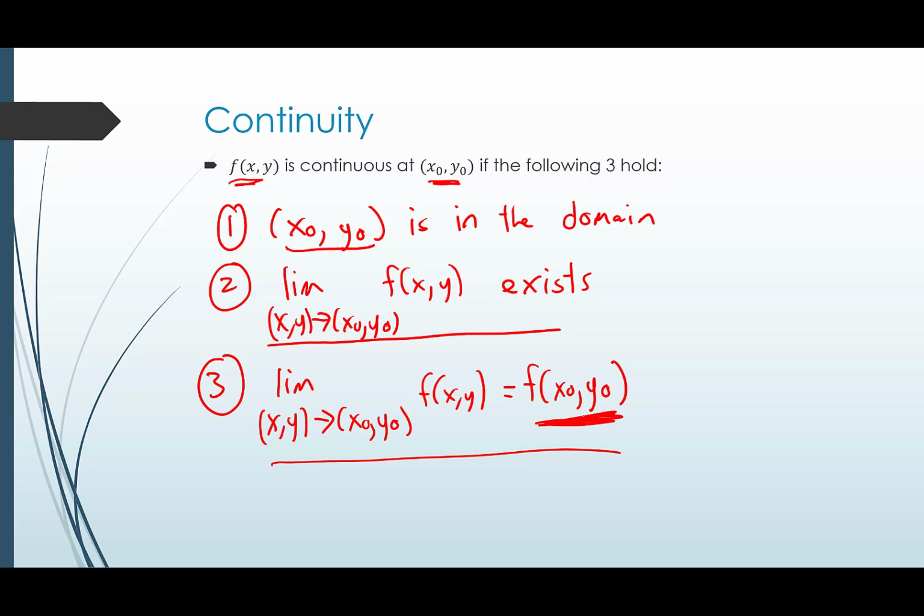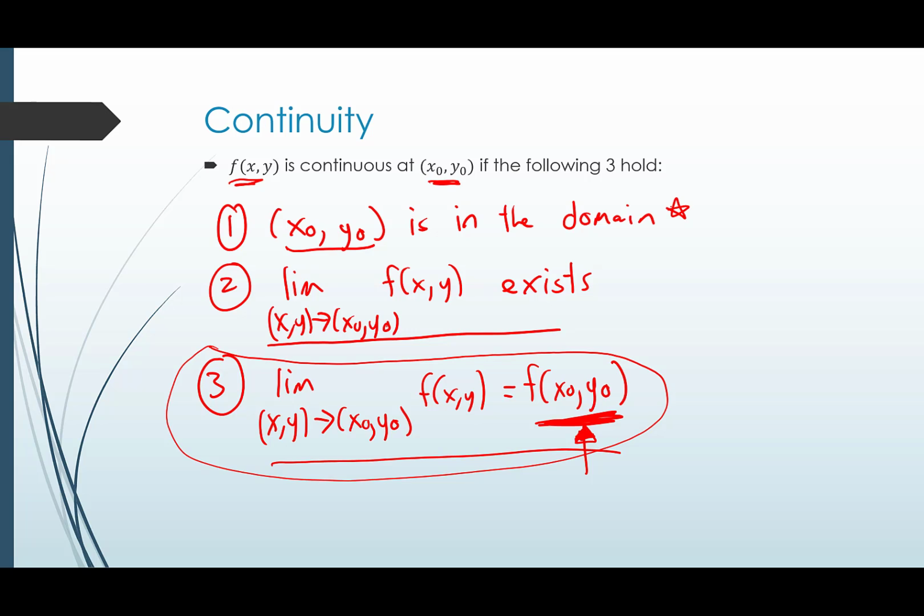Sometimes in calculus books you'll see all three of these conditions combined in one condition, which is basically number 3 here, because implicitly condition 3 is saying that, one, your point is in the domain. That's from the right-hand side. If the limit is equal to the right-hand side, then automatically the limit exists. But I like to break it out for students because these are three check marks that need to hold, and it's good to think about them. Because really quickly, if one of these doesn't hold, you know automatically it's not continuous there, especially number 1 here.